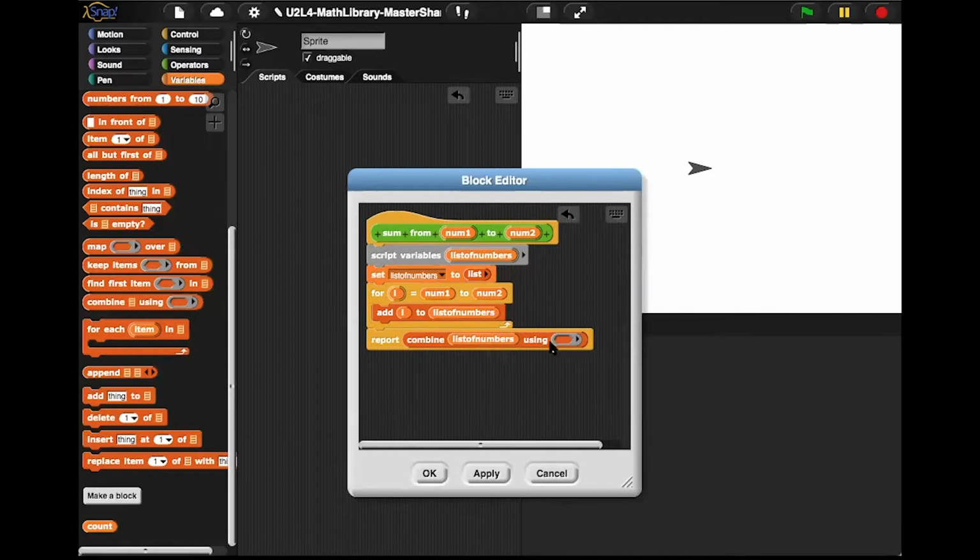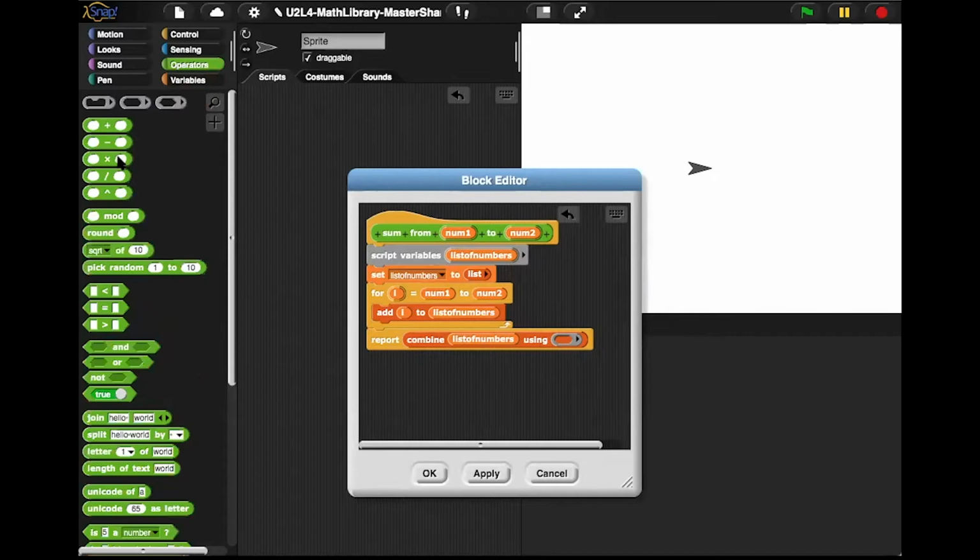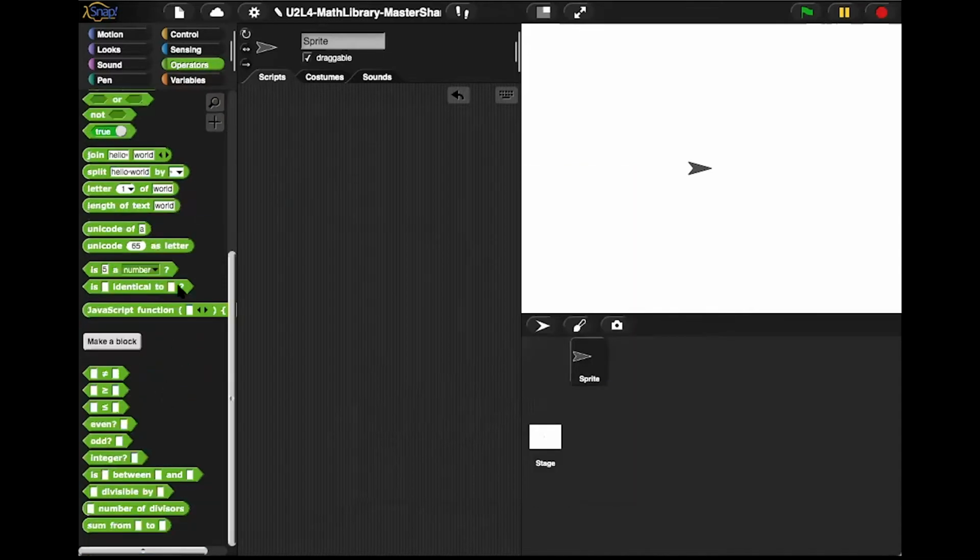And then we're going to use an operator, which is addition, right? So basically this is saying combine all the lists of numbers that we created for this part of the script, and then we're going to work with that list of numbers and use the operator of plus to add them all together. Okay, so apply. Okay, so now if we see down here, we'll see sum